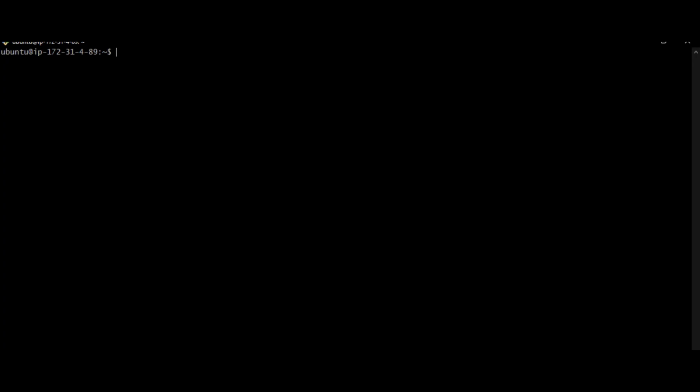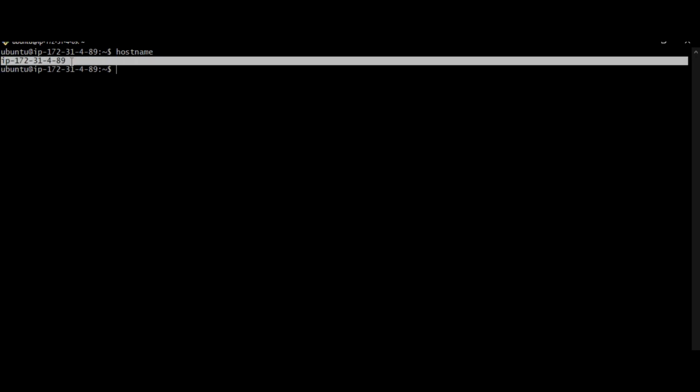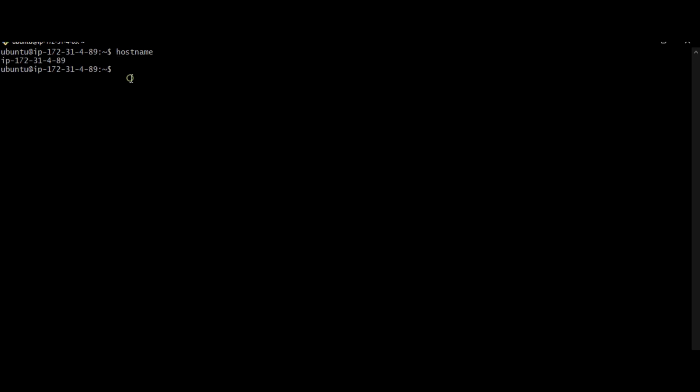And the next command is hostname. By using this hostname command, we can see the name of our server. So this is the name of my Linux server. If you want to see the entire information of your Linux server, you can go with hostnamectl.